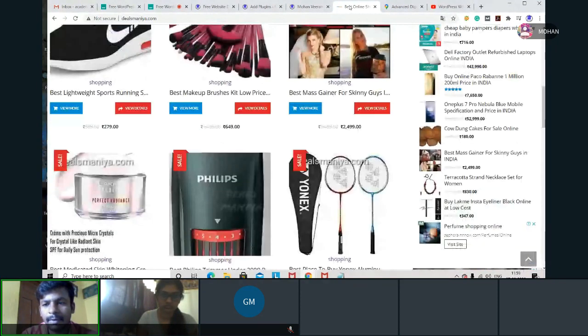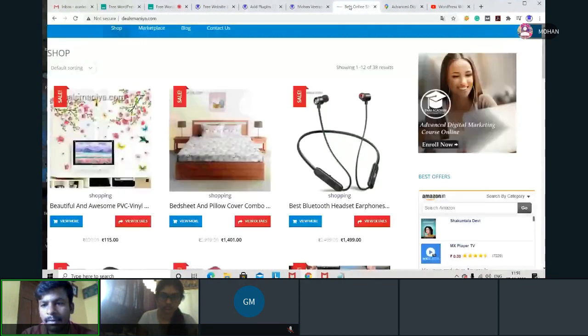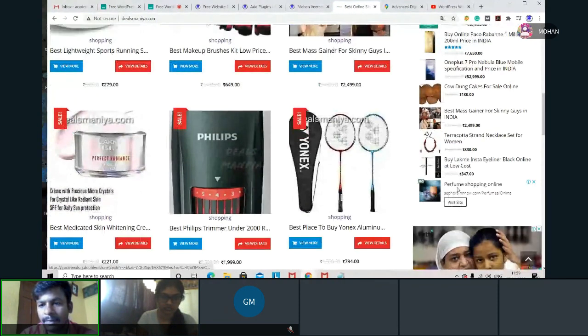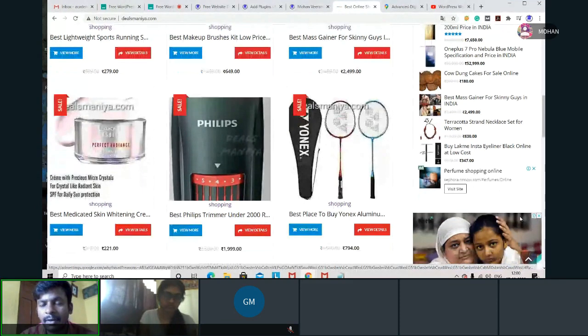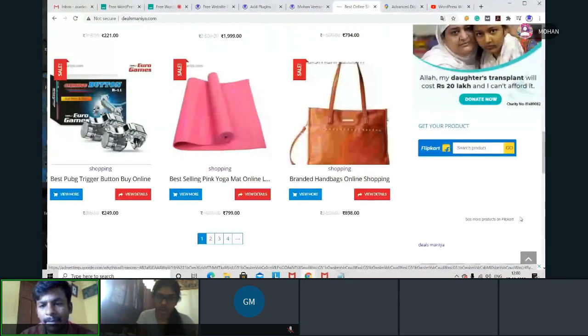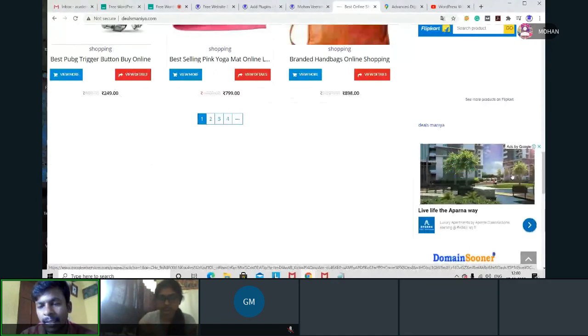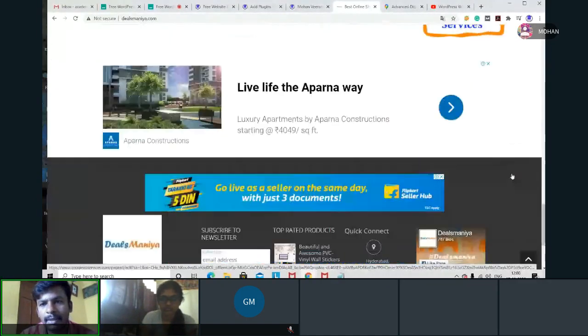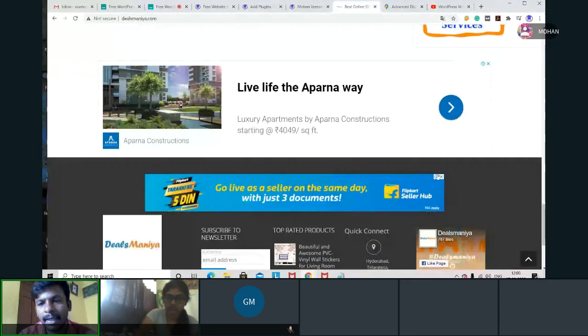See, in this website, what all ads are available? When I go here, see, this is an ad here, perfume shopping online. When I hover on this, I can analyze with the eye symbol. It is showing it is an ad. When I scroll down, every time this will not be the same. Ads will be changing every time. It depends upon the user. Now this is an ad. Three ads I have. And when I scroll down, I can see this is the fourth ad I have. And this is the fifth ad I have. It depends upon the traffic. The more traffic I have, the more money I can generate from these ads.